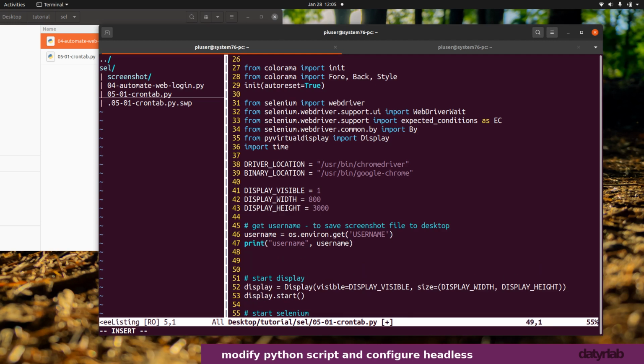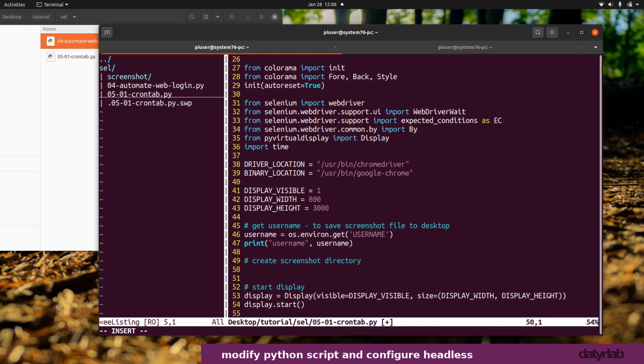Okay, so I'm going to create another variable here, and I'll just make a description of it. That's going to be the screenshot directory. So I'm just going to make a comment, create screenshot directory, and I'll call that directory screenshot,